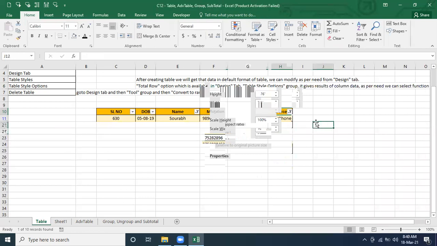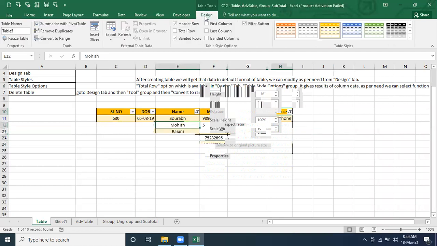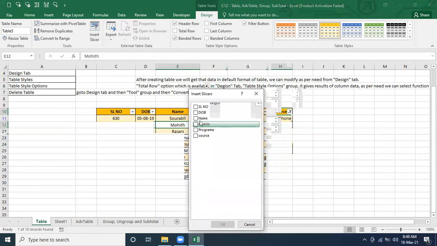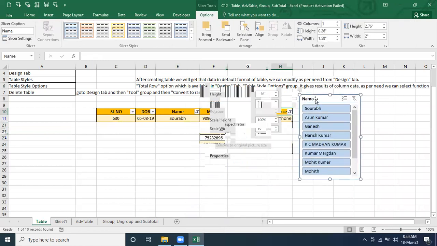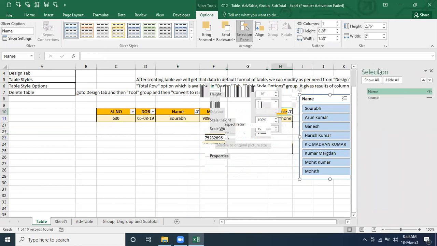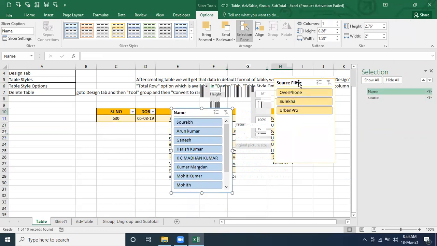See, that slicer is not there. That slicer is visible now? If I am going to create one more slicer here by name, so one slicer got created here. But I want to keep that slicer whatever we have created for the source, then we have to go to the selection pane and we have to enable that slicer. So whatever formatting we did, whatever things we did for that slicer, those things are still there intact.